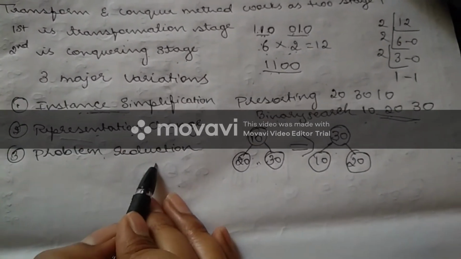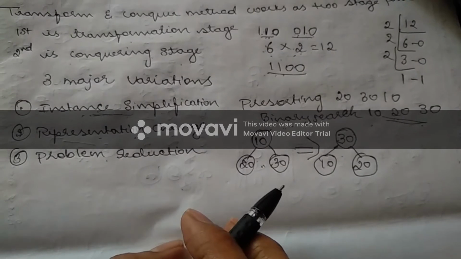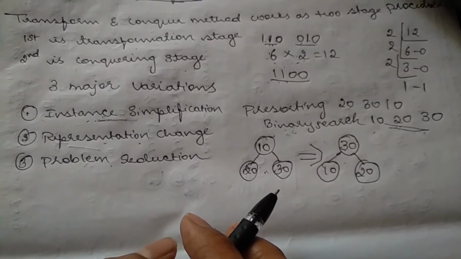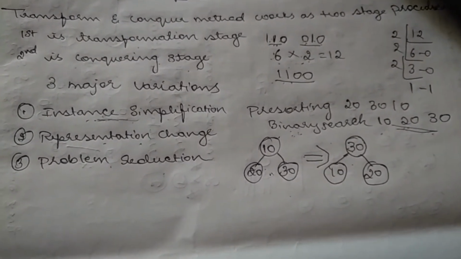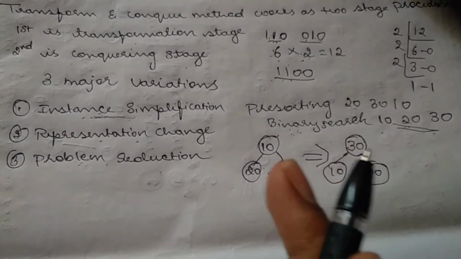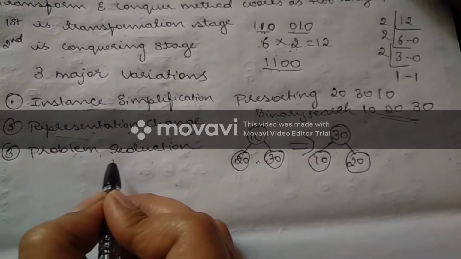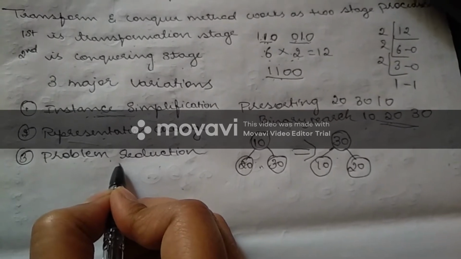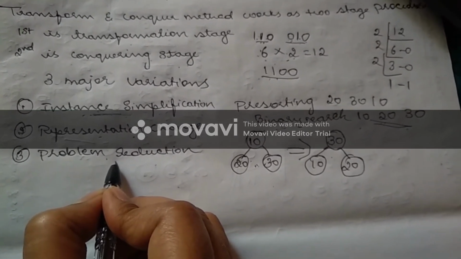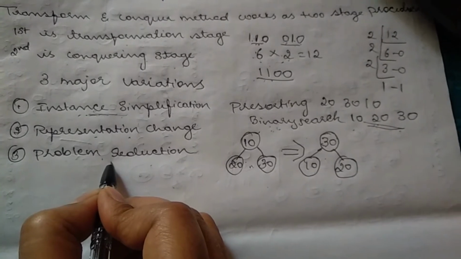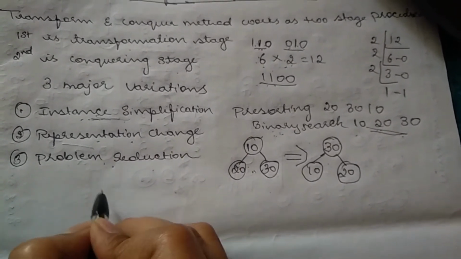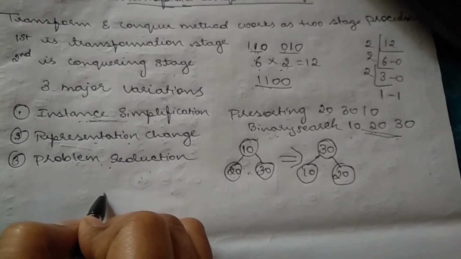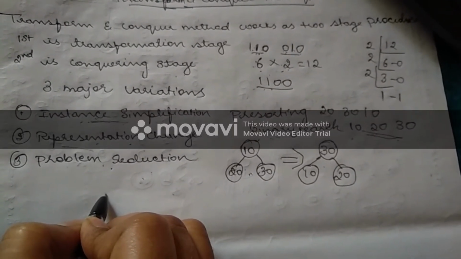Next, the last one is the problem reduction. What do you mean by this problem reduction? This is transformation of an instance to a different problem for which an algorithm is already available. What is the meaning of this? For example, I have one problem and it is very difficult to find the solution for it. So you have to check for a similar problem giving the same answer, for which the algorithm is already available.